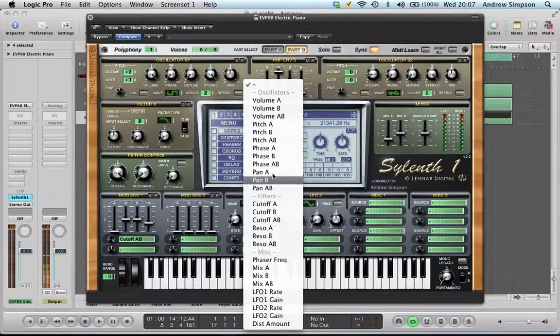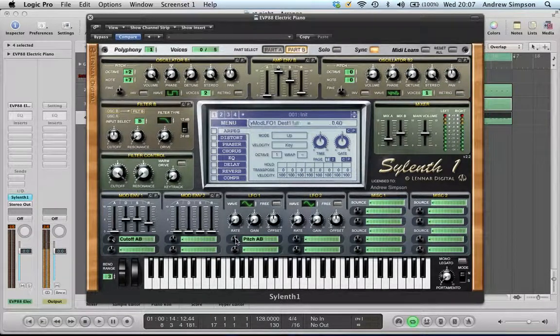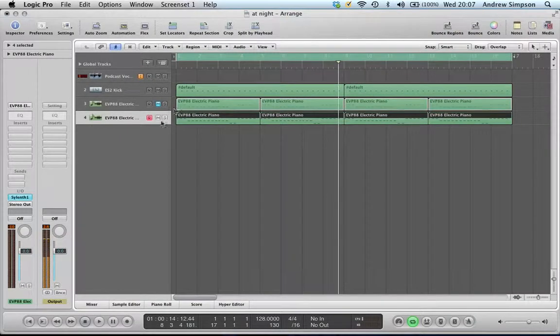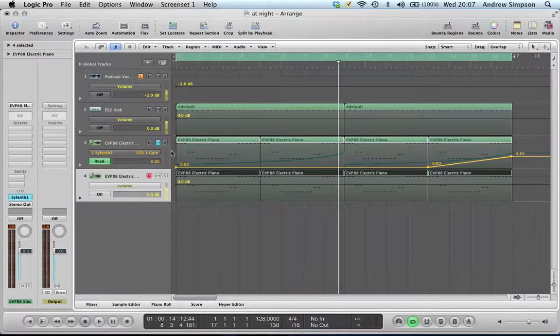So we want to choose pitch A B. We want to move this down to about 0.29. We want the rate to be 1/16th note. And as it's going along, we're going to automate the gain, but we want the wave to be a saw wave. So the automation should look something like,